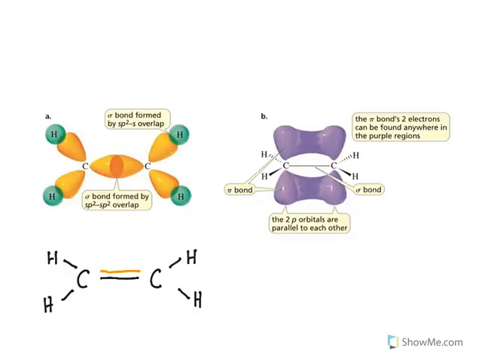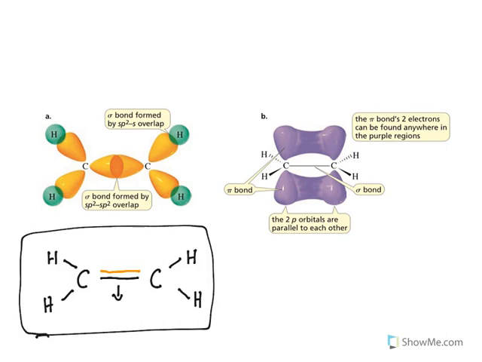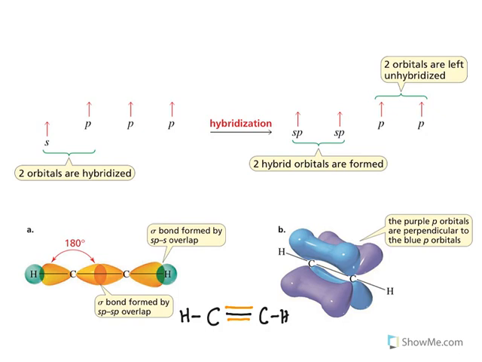Now when you see the combination in alkenes, this is what happens. One bond is sigma, another bond is a pi bond. So you need to understand this one. The sp2 overlap is between carbon and carbon. That forms a sigma bond, whereas the p orbitals will form a pi bond. When you see the two bonds, sigma bond is a stronger bond, whereas pi bond is a little bit weaker bond. So this is what we see in alkenes.